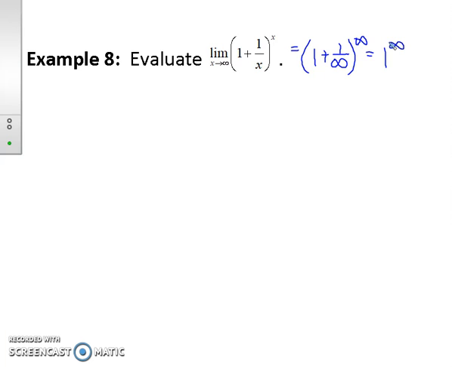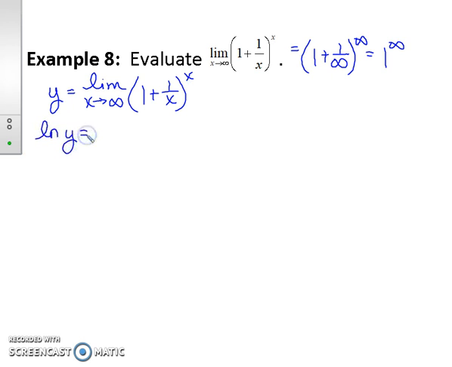So what we do is we assume that the limit actually exists, and we set that limit equal to y. So you're just going to need to go with me on this, okay? Just follow along with what I do. So the reason we're setting it equal to y is because of that x right there. So to get rid of the x in the exponent, I'm actually going to do what? Well, to get rid of the exponent, we can take the natural log of both sides. So this would become the natural log of y equals the natural log of the limit as x goes to infinity of 1 plus 1 over x